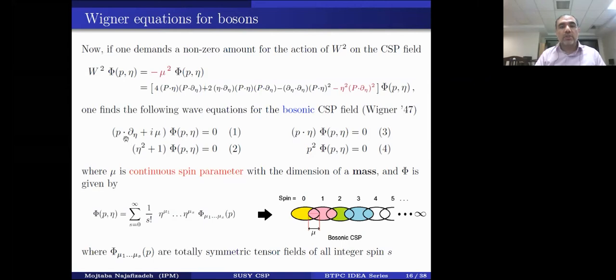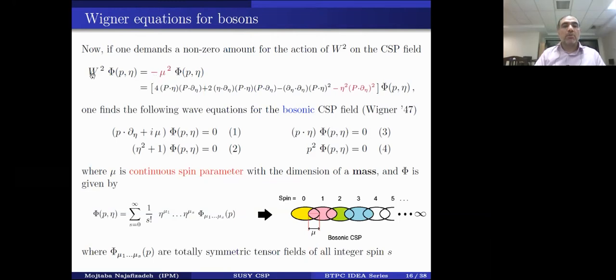No, it's a necessary equation. Indeed, you see, if you put P dot d eta here, this amount is I mu, then you get minus mu square, and then you should choose eta square equals minus 1 here to cancel this minus, because you should obtain minus mu square. This minus comes from the convention, because in our work we are working in the mostly minus signature for the metric. This is why here we have a minus. If you work in the mostly plus signature for the metric, here it is plus.